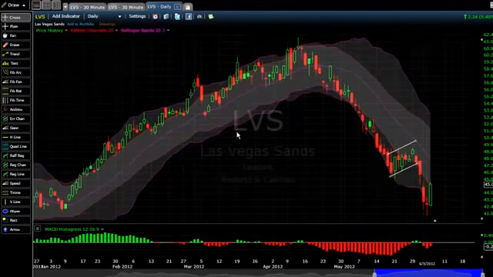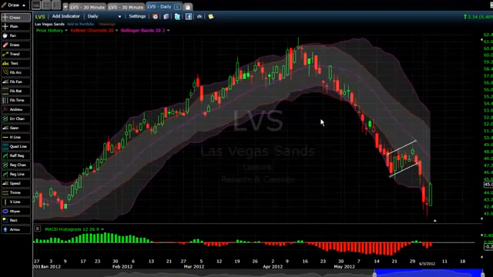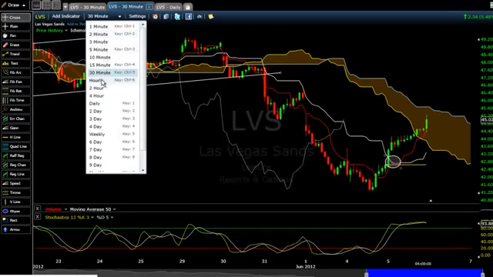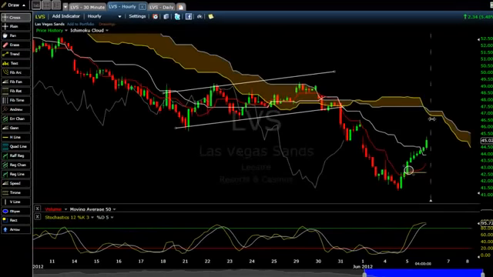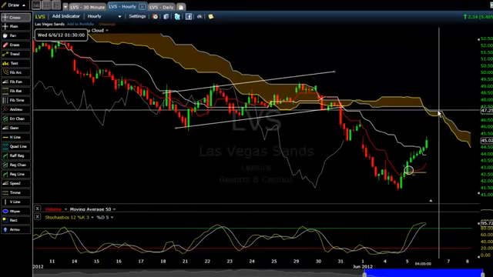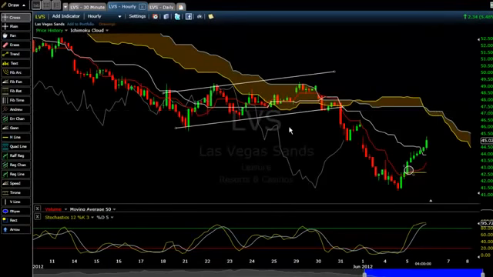I also have a chart set up where I use Keltner channels and Bollinger Bands for a signal, but since we're talking about Ichimoku, we won't cover that right now. So tomorrow I'm looking for a move above the Kumo here. That'll be a continuation signal, and then I would look for that to continue into the 60-minute, which presently we have some resistance up here at the 46.75, 47.25 area. Okay, note the narrowness of the Kumo related to this over here, so there should be less resistance,